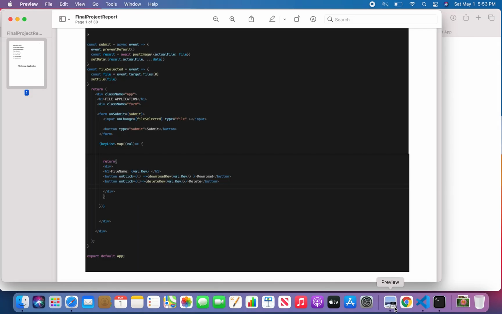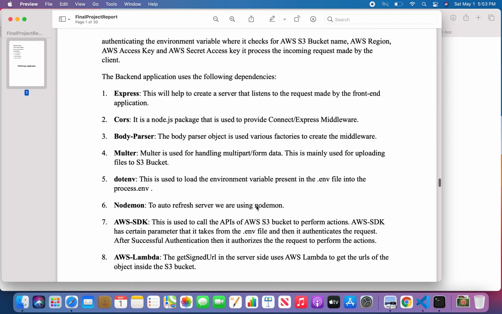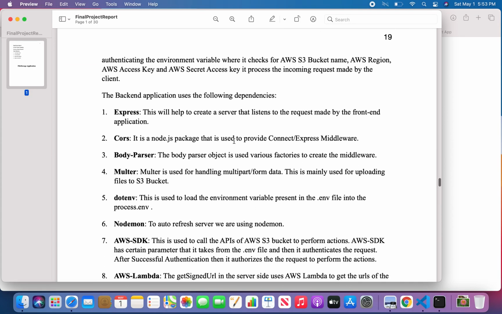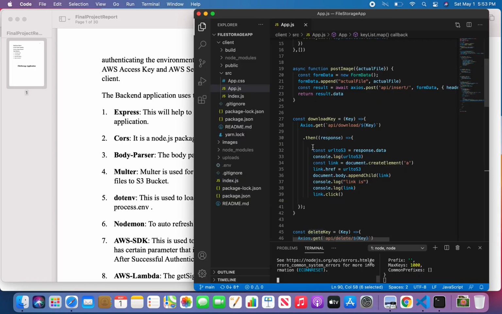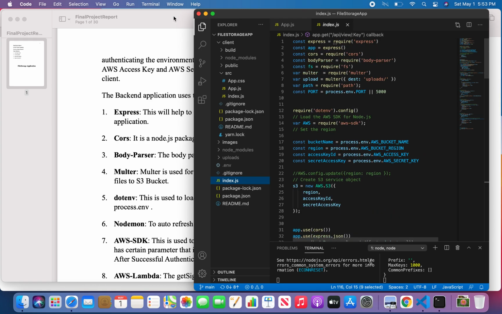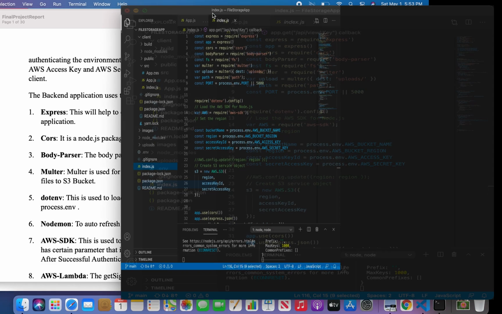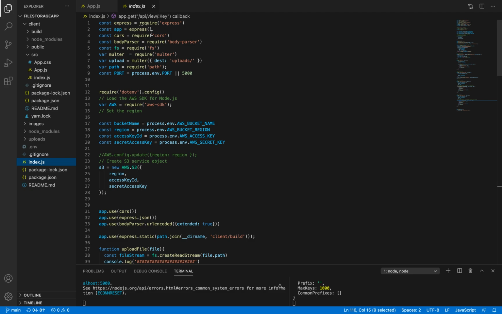Now I will explain the code. index.js is my server. In index.js I have used express, cors, body-parser, fs, multer, uploads, and path.